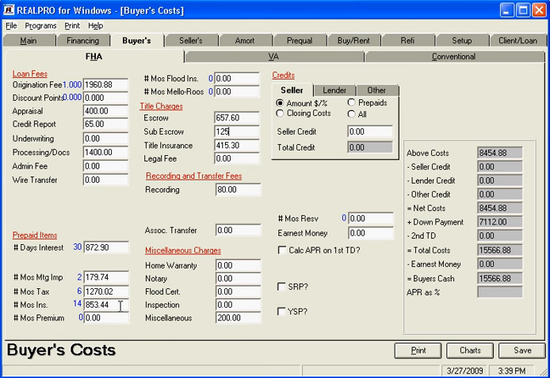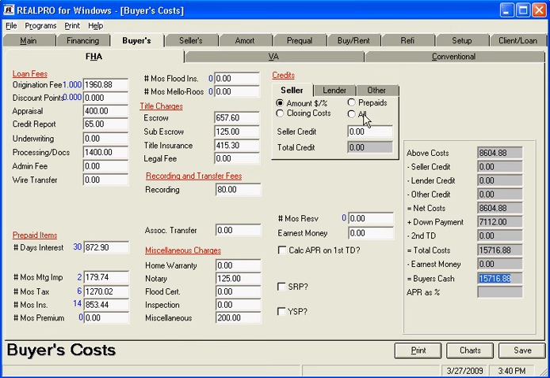I'm going to change the sub-escrow to $125. There's your title insurance, recording, and I'm going to put $125 for notary. No inspection, miscellaneous $200. So now we see that the above costs are $8,604 plus the down payment of $7,112 means that their cash to close is